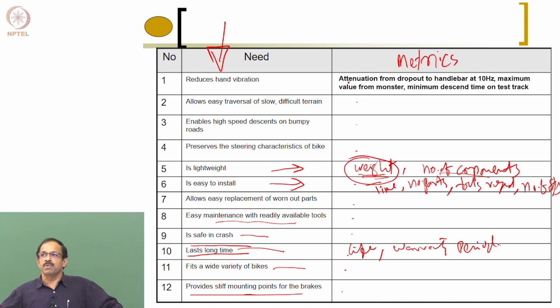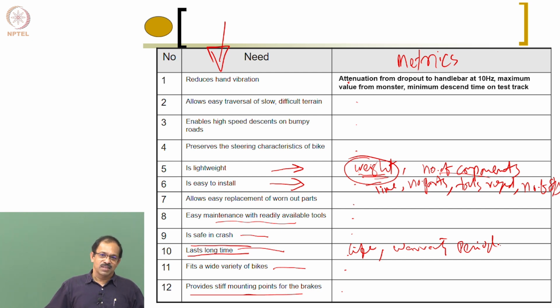Number of coats of paint applied. So what do you actually mean? Why are you applying paint? Yeah, so you are talking about corrosion resistance, right? So why don't you talk about corrosion resistance capability? Simple. Because you can apply paint or you can do something else also. If you say paint, then you are saying that only painting is possible, right? So you can say corrosion resistance. That actually depends on many things. You can improve the corrosion resistance by different methods. So corrosion resistance can be a metric.